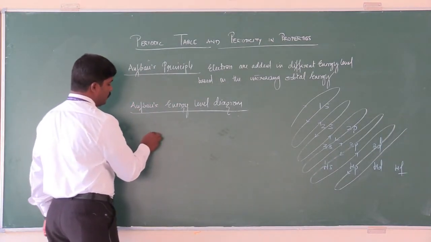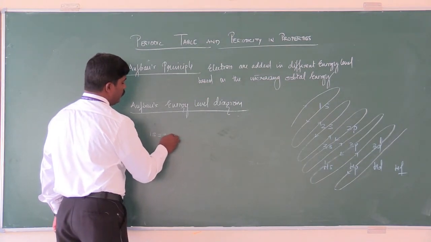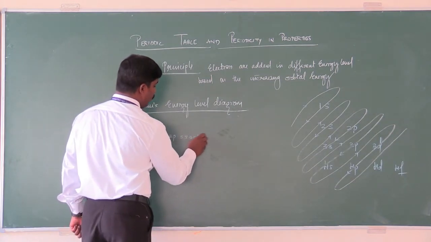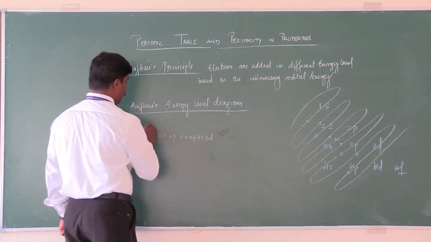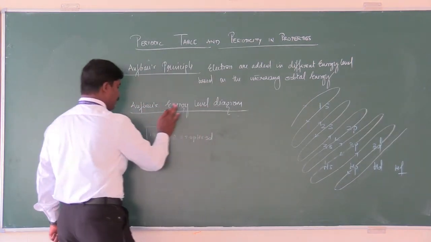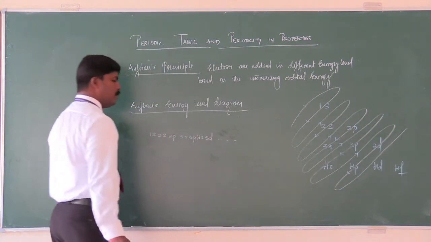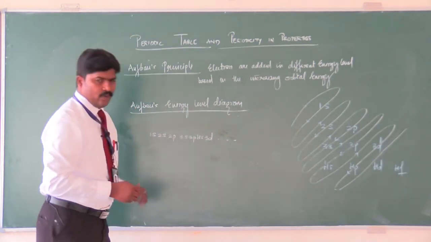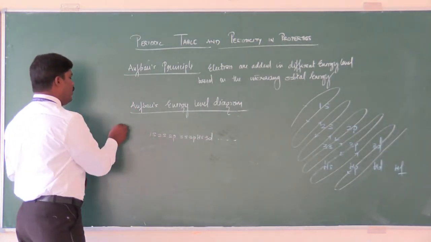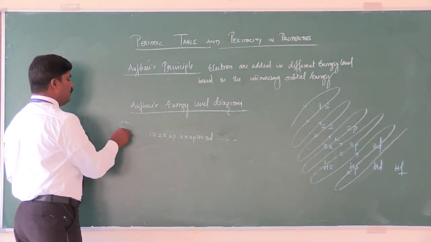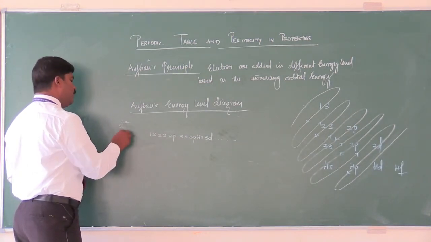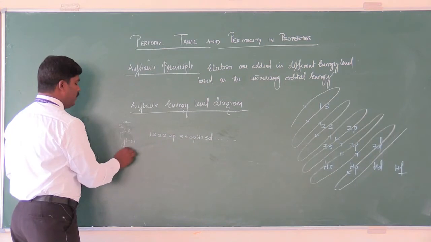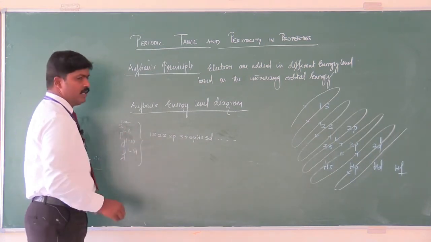Now remember 1s, 2s, 2p, then we have here 3s, 3p, then we have 4s and 3d. It keeps on adding. At least till here, a student should know. Of course, you need to know more, but for timing, at least till here, if he knows the order. It will vary, because I have already told you, S can take minimum 1, maximum 2, P can take minimum 1, maximum 6, D orbital can take minimum 1, maximum 10, F can take minimum 1, maximum 14. This is the arrangement.